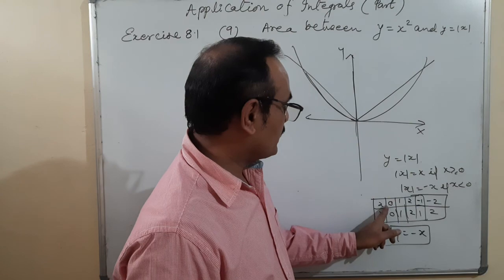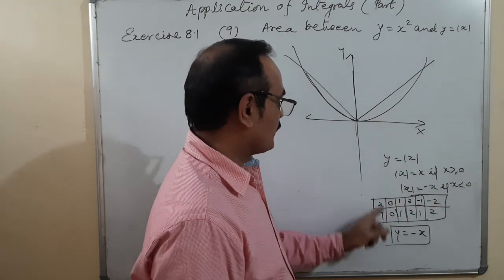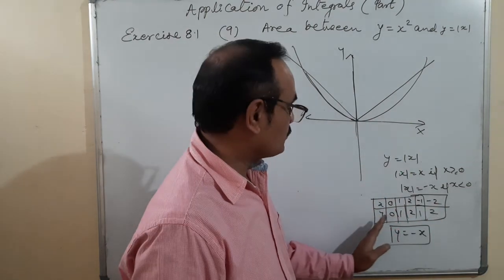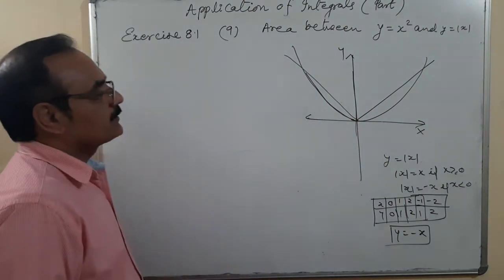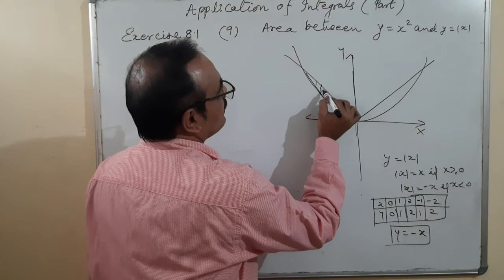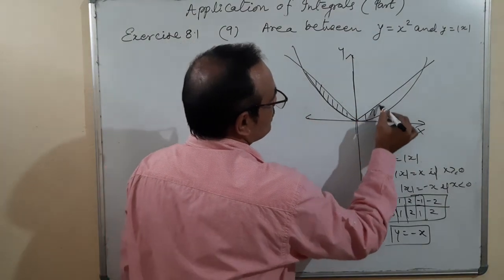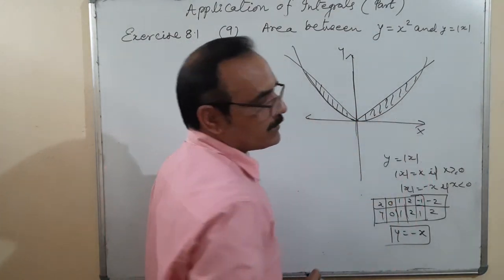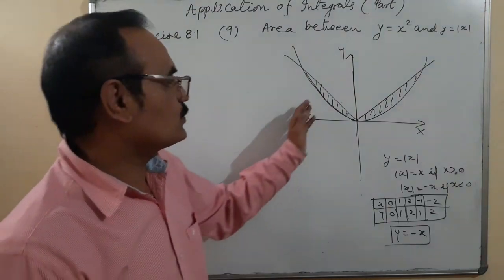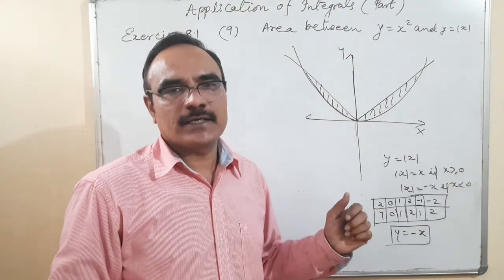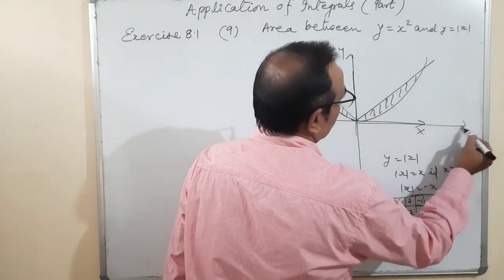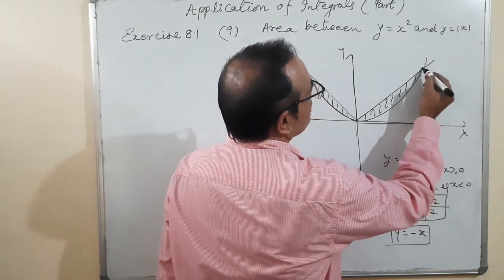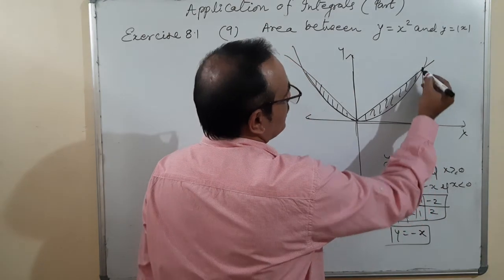Because you can see that x is positive and negative both, but y is only positive. 0, 1, 2, 3, and here also 1, 2, 3. Got it? So we are going to find the area of how many regions? Now it is not mentioned that only in the first quadrant, that means we are finding the total area. So area bounded by line and curve, this plus this. Now we'll find the intersection point.